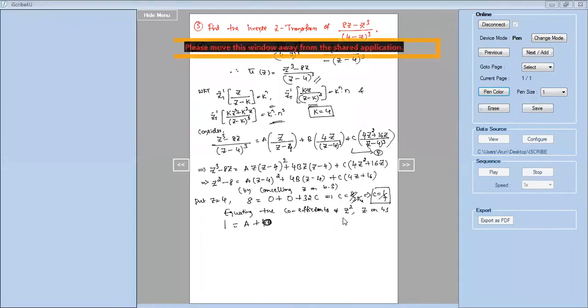See, I want to equate only the coefficient of z square on both sides. Z square here is 1 and here z square is a, and here there is no z square in other terms. So no other terms will come. A, b term is also 0, c term is also 0. So I get a is equal to 1. So the next coefficient a was 1 here. And next coefficient of z on both sides.